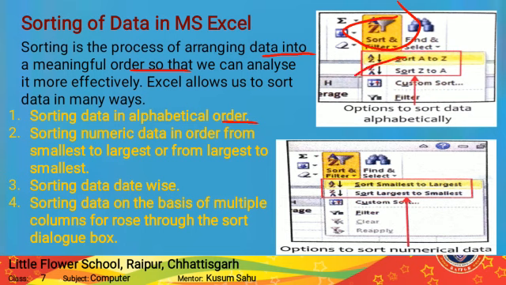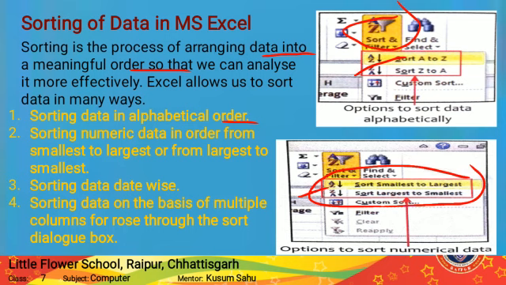as you can see in the picture. After that, sorting numeric data in order from smallest to largest or largest to smallest. Means after that we have to sort the data in numeric form from largest to स्मॉलेस्ट और स्मॉलेस्ट टू लार्जेस्ट. यानी कि हम न्यूमेरिक फॉर्म में बड़े से छोटा और छोटे से बड़े में भी अरेंज कर सकते हैं. हियर यू कैन सी दिस ऑप्शन वी कैन get from the sort and filter option.